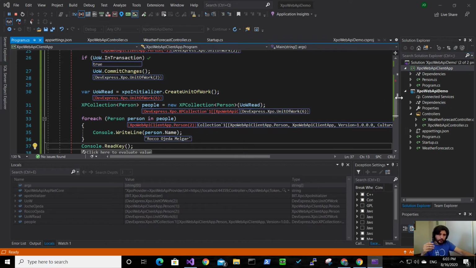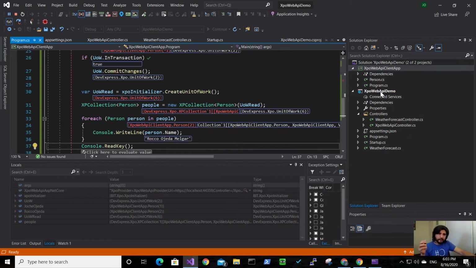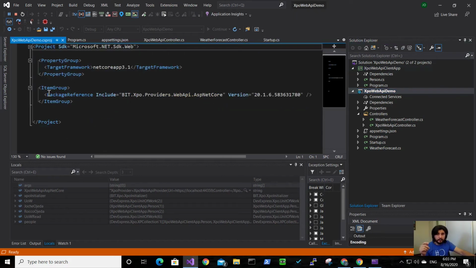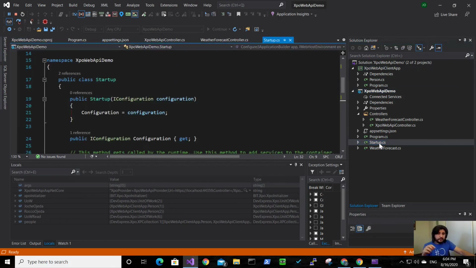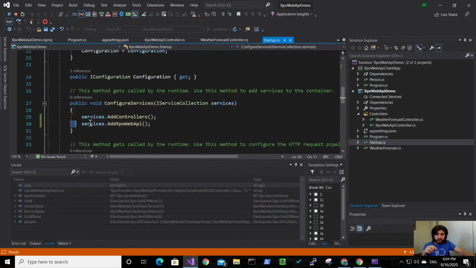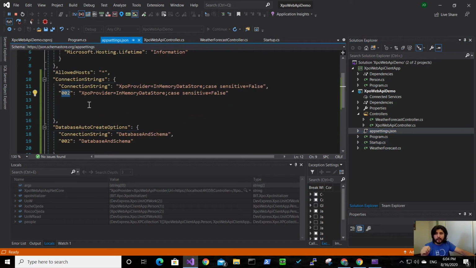Just to repeat, what I did is I set up the NuGet. Here you have, if you can see, it's just one NuGet because this will include XPO anyway. So then on your startup, you add just this one line. I mean, there are more complex scenarios than this, but I will do them in a different video. And then in your app settings, you have to set up one connection string with a unique name. It can be actually this one. You can have only one if you want, but usually